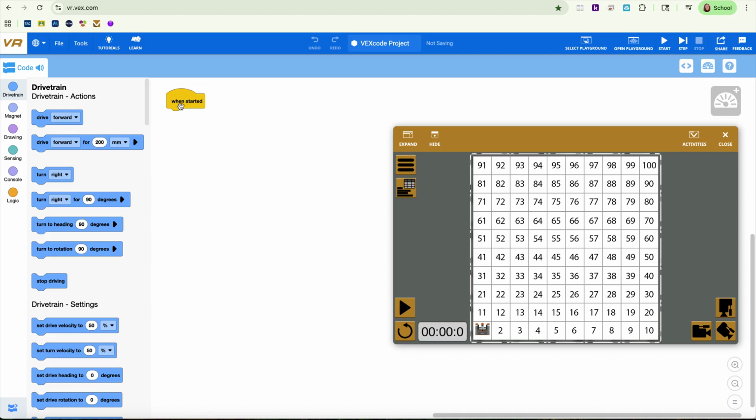And when your robot starts, what do you want it to do? So we are going to connect some of these blocks to be the resulting behaviors that occur in a sequence when the robot starts. So if it's not connected here to when started, it's not going to happen when the robot starts. So let's think of our first event. Maybe we just want to drive forward for a certain distance. I can take this drive forward for 200 millimeters block,